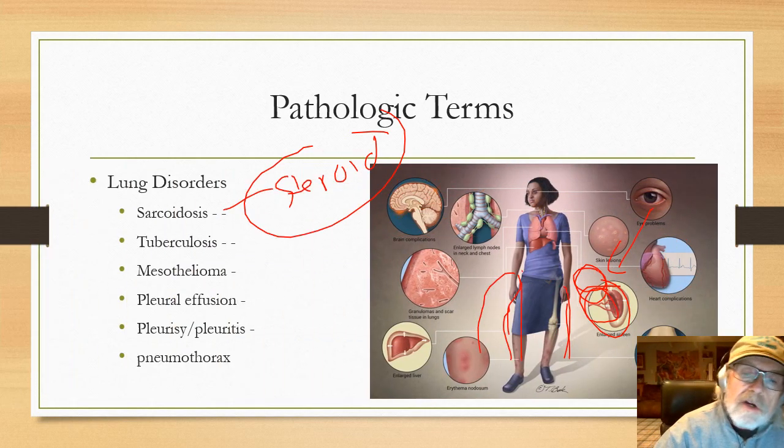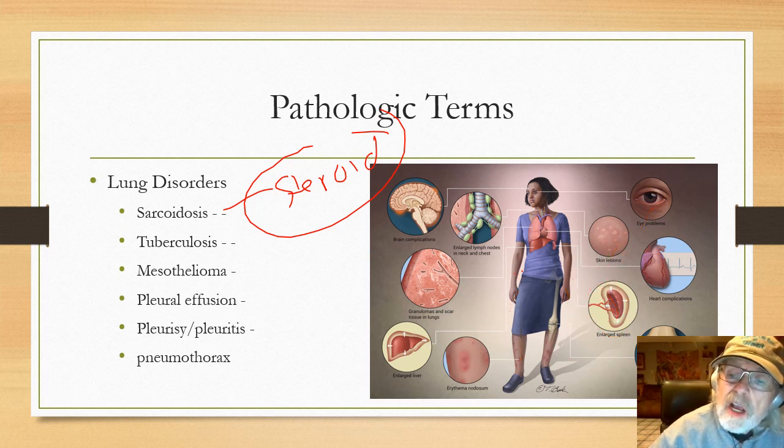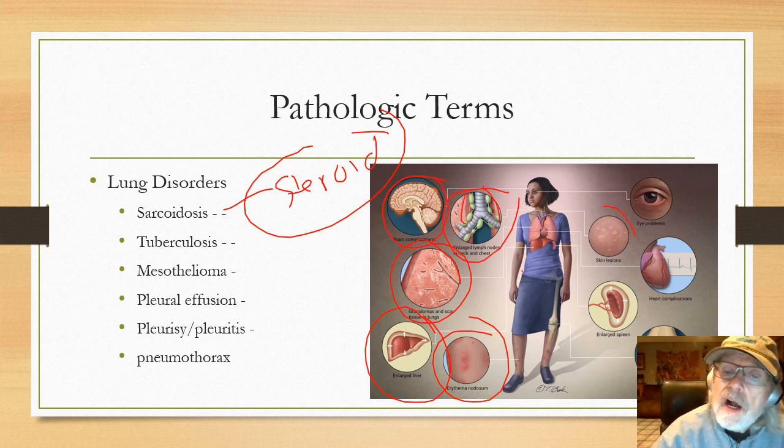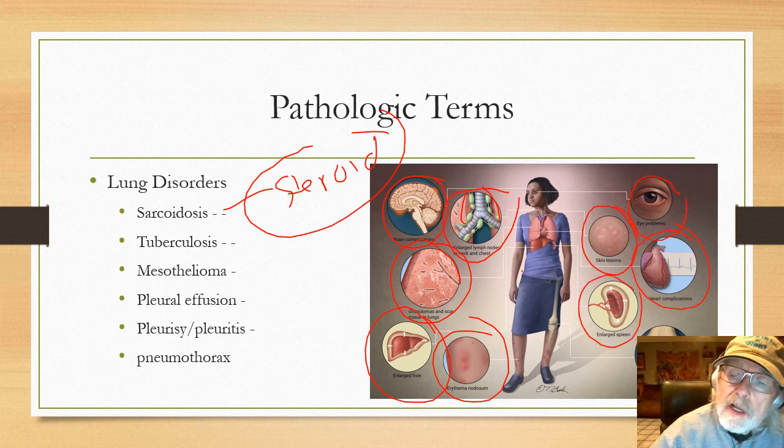And again, sarcoid involves so many different organs. This is just showing what we see with sarcoid. Again, here's the liver. It could have skin manifestations. Lungs could be involved, the brain, the lymph nodes around the area of the trachea. Again, more skin lesions here, eye problems, heart problems, a big spleen, and it may also involve the